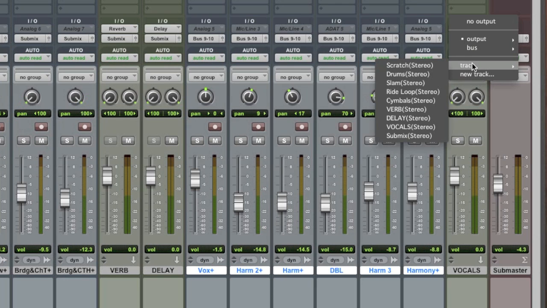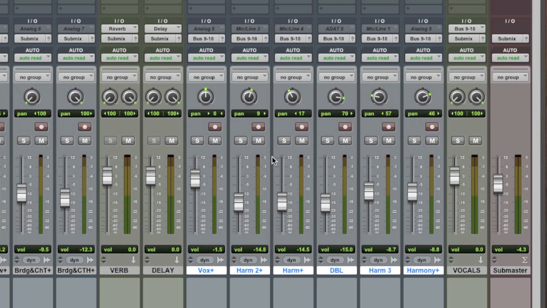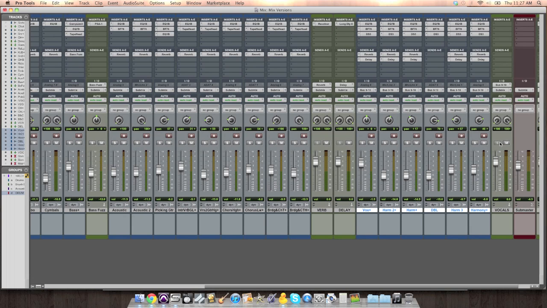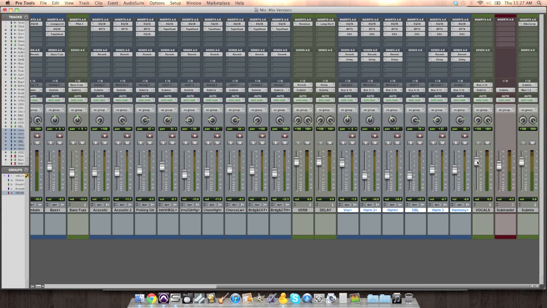So all I've done is simply routed all my vocals into this one fader, okay? And that gives me complete control of all the vocal levels without adjusting or screwing up their automation or their relative volume and pan levels to each other. So if this is where I'm at normally,